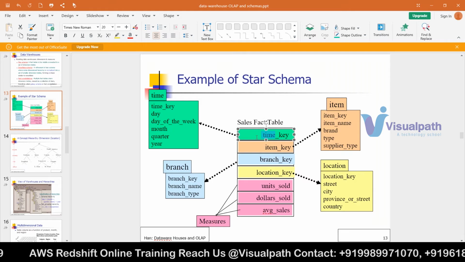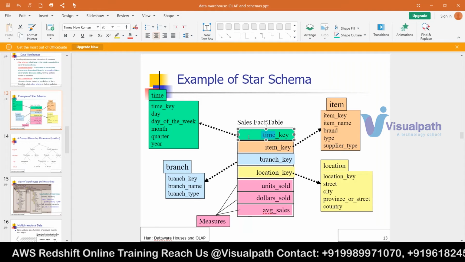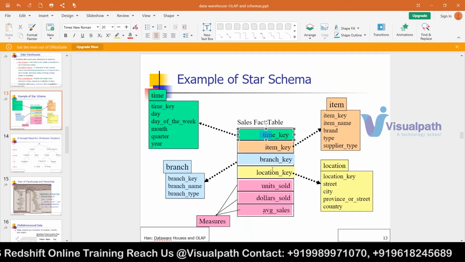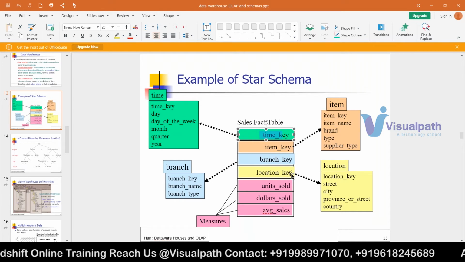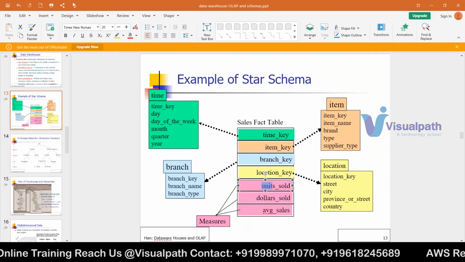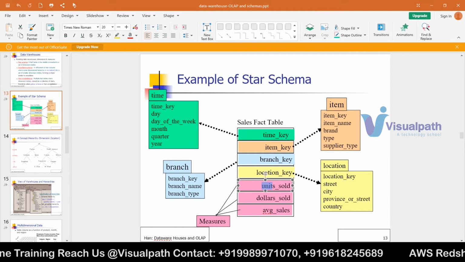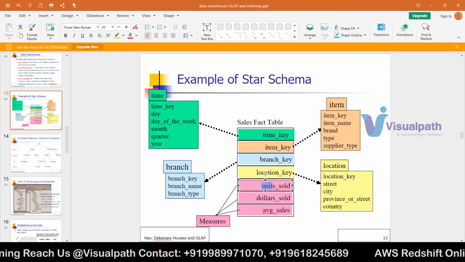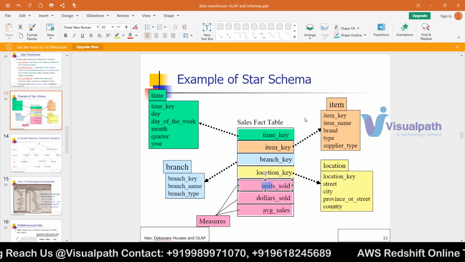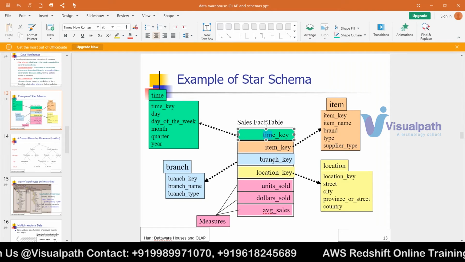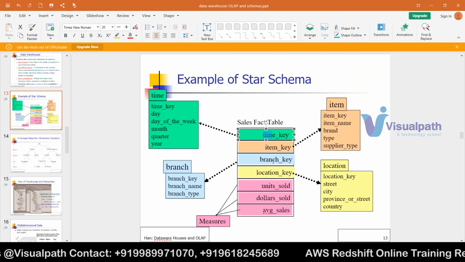Actually, a fact table has two sections: one is the key section and the other is the measures section. The key section will have only the keys of the surrounding dimension tables, and the measures section will have only measures. Sometimes we have to join with tables related to other business areas like loans or credit cards. At that time we may have another fact table with only keys. That particular fact table is called factless fact.